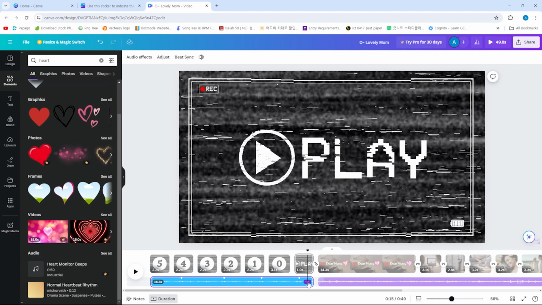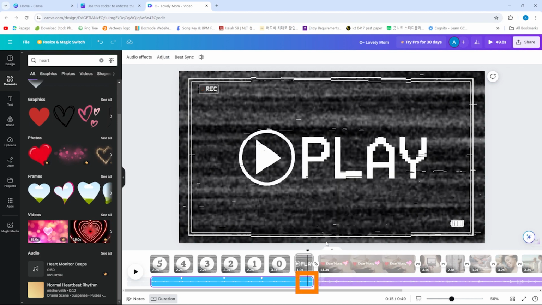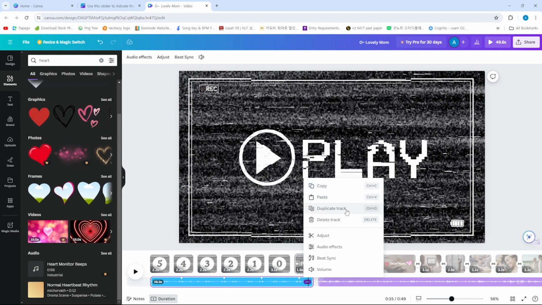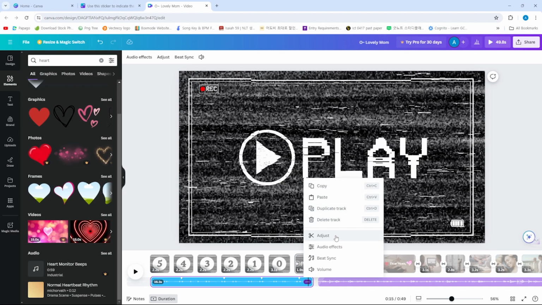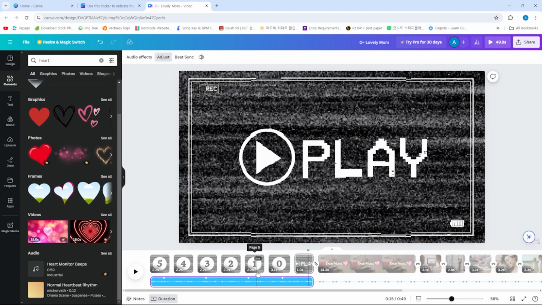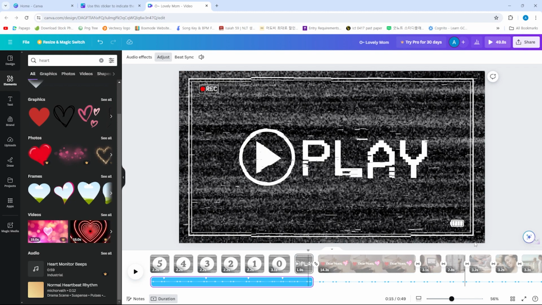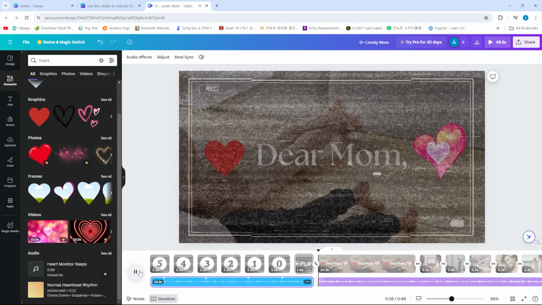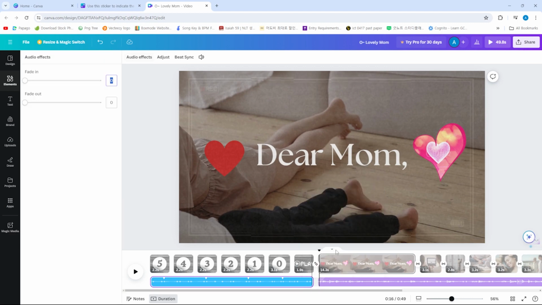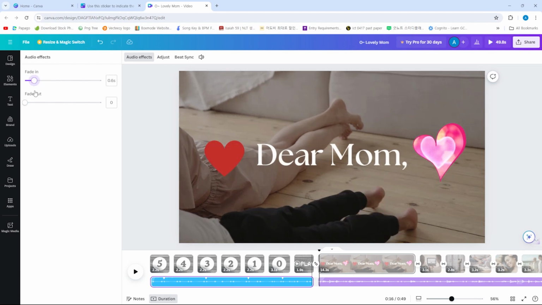Oh, sorry. So press these three dots. You can always copy, paste, duplicate track, delete track, or you can adjust even. So let me adjust. So then you can move between things to choose which part of the music you want to play. Press play if you're done. Audio effect, you can choose fade in or fade out time, such as fade in will be a little bit slightly and fade out will be a little bit more. So you can even adjust,